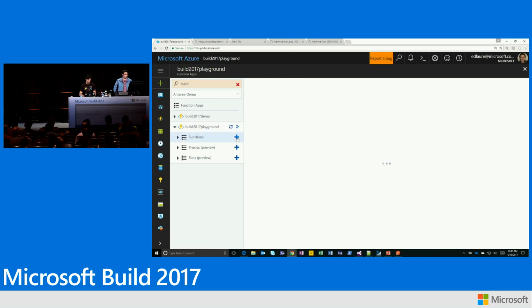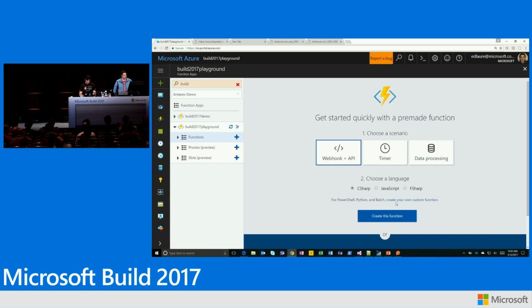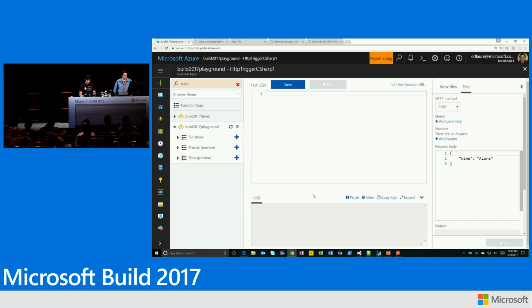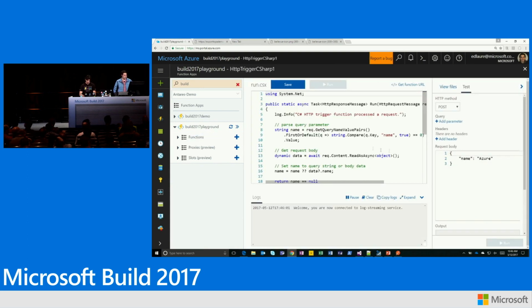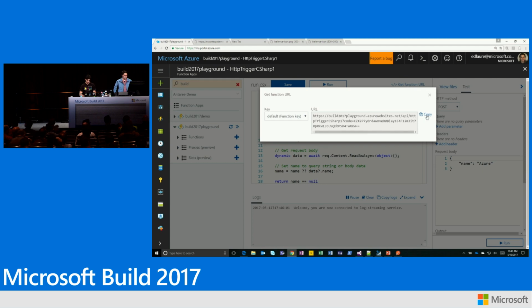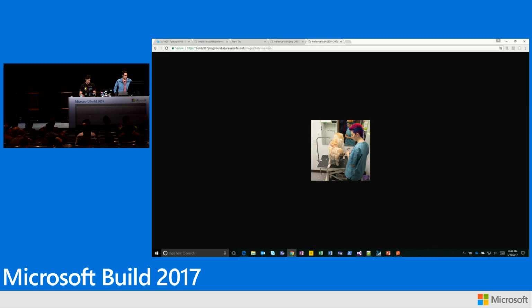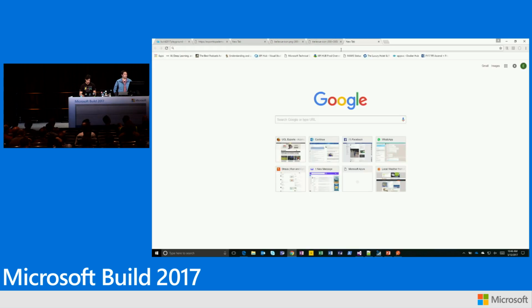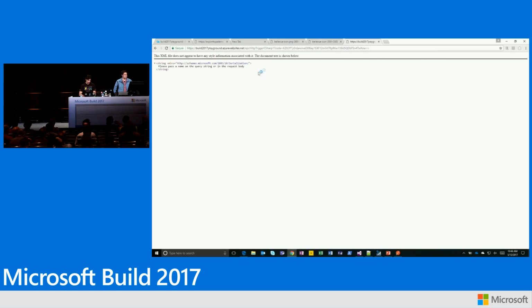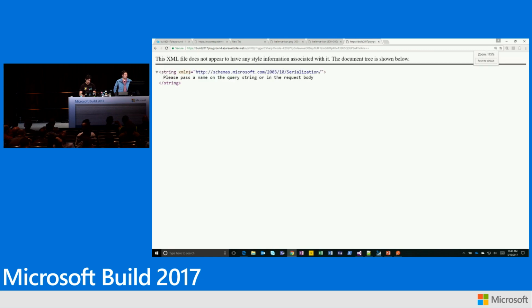I'm just going to create a function to show that you can route things to a function quickly. So create the default function. It doesn't really matter too much which function it is for this scenario. It's the hello world function. And I could put that function behind the proxy. I'll copy that one. Let's see. OK, this is working now. Yay. And let's see my hello world function. This is working. Tough to see, but it says, please pass a name to your query.